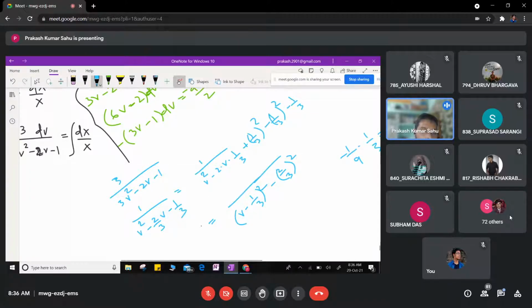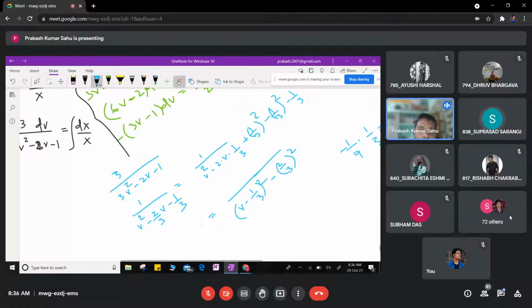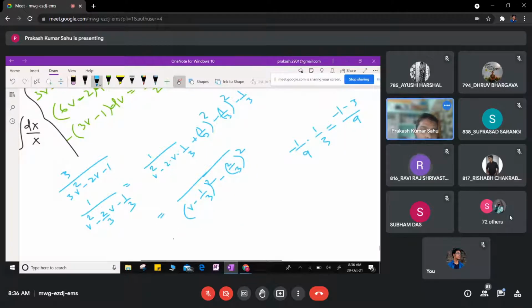Okay, because we have a formula that is integration of 1 dx by x square minus a square is equal to ln x minus a divided by x plus a. Yes or no? That formula everybody know. Yes, sir. Okay, तो you have to squaring the denominator. Squaring करोगे तो क्या होगा, this is v square, 3 में पहले कैंसिल कर दिया हूँ, तो ये हो जाएगा v square minus 2 by 3v minus 1 by 3. Okay, because मैं न्यूमरेटर और डिनोमिनेटर से 3 कैंसिल किया हूँ.